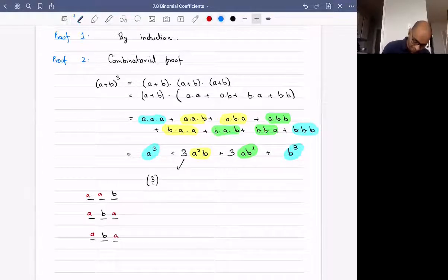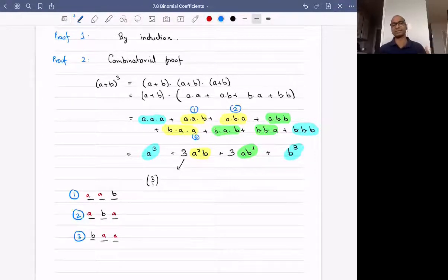And you can see that this term is that, this term is that, and finally this term is, oh, sorry, here the B should be in the first place. And then I have A, and this term is right here. Okay, so that's why I'm getting 3 choose 1, which is the